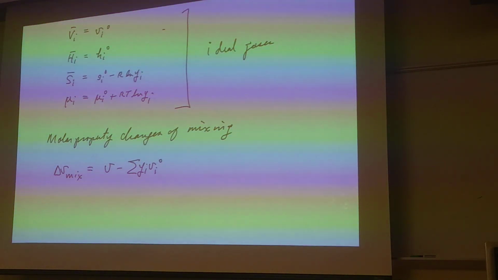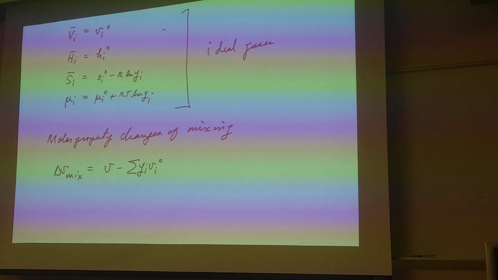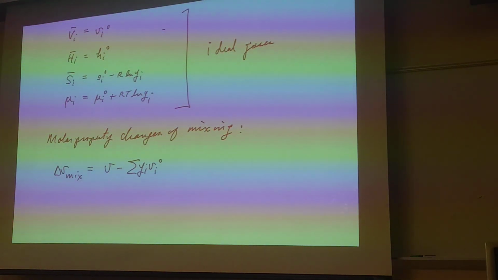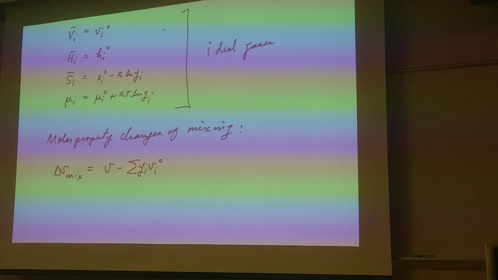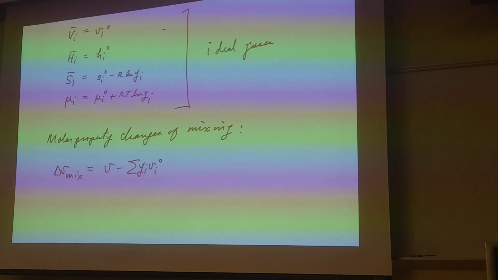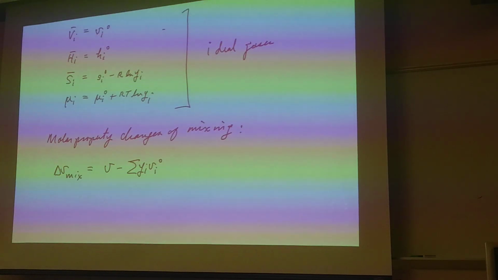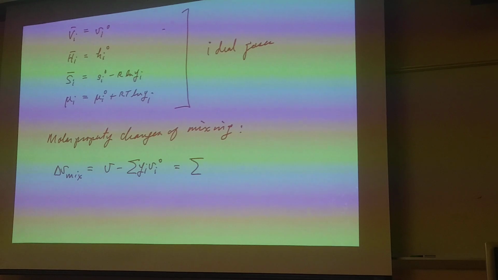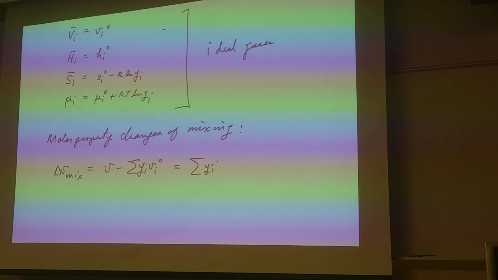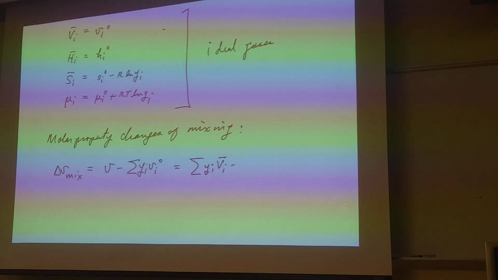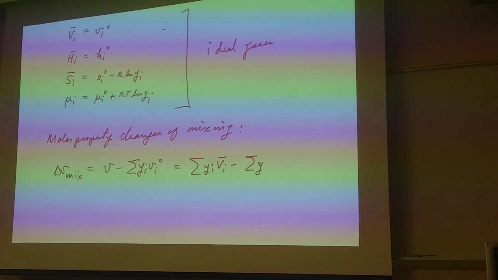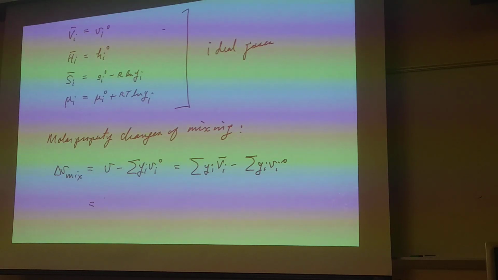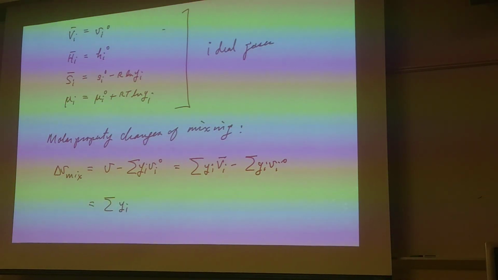So you can use this as the definition here of the molar property changes of mixing for any properties. I've done it here for volume. Everyone clear on that? So I can write it out here in this case, because I can express that volume as I've done before, as here the mole fractions times all of the respective partial molar volumes. So that's equal to the summation of yi here times